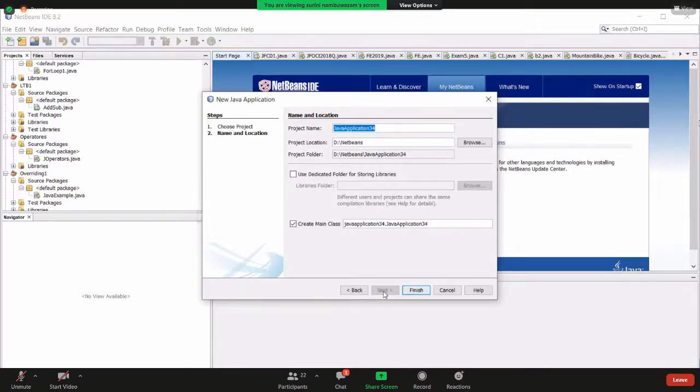Project name, I will give it as PRJ, and today's date is 16/8/2021. Then deselect create main class, click finish.